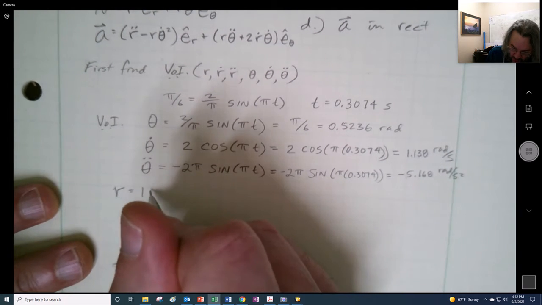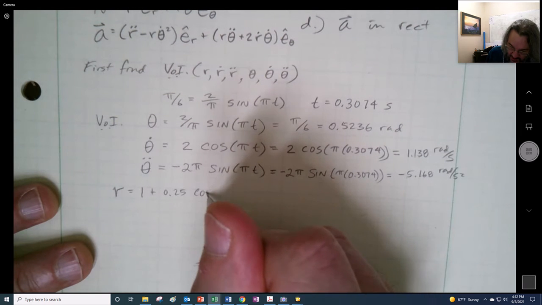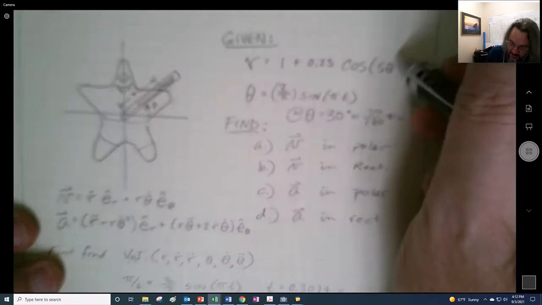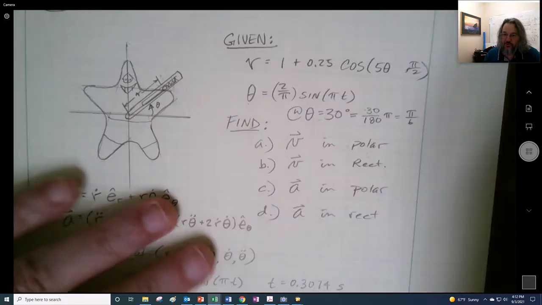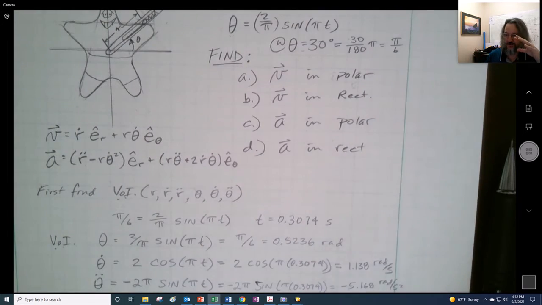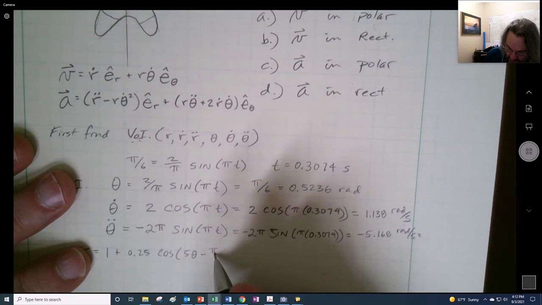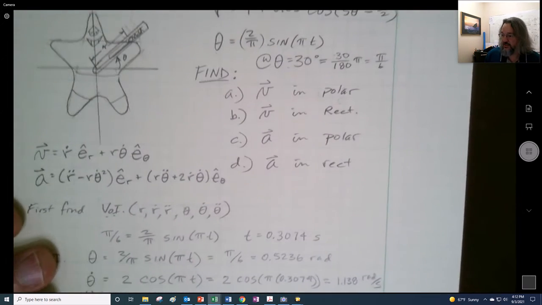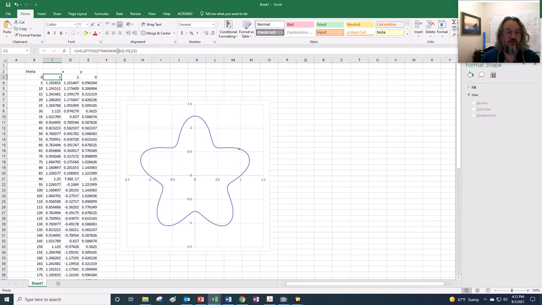So the radius is 1 plus 0.25 cosine of 5 theta plus, oh, I did it again, should be minus. By the way, that plus and minus, that just rotated the thing, right? That's all that this thing was there to do. I originally had it as plus. Here I can show you what I mean. So if I instead went plus